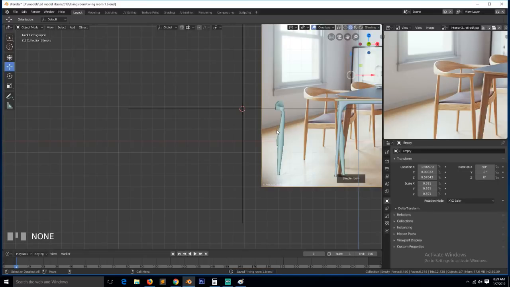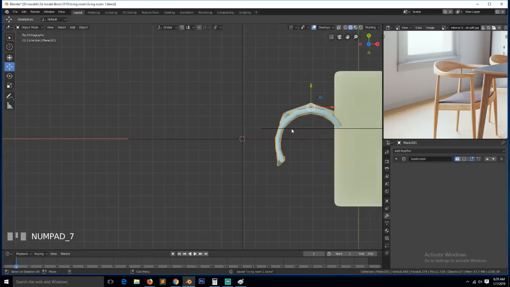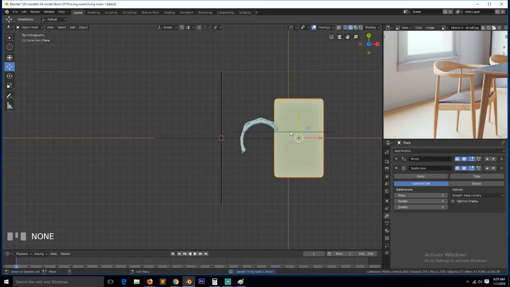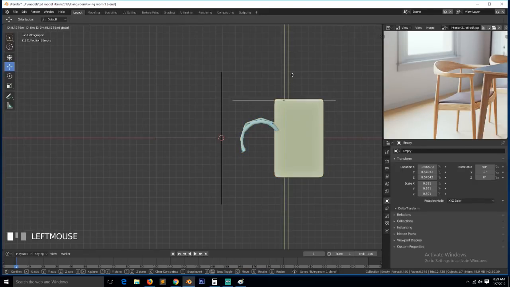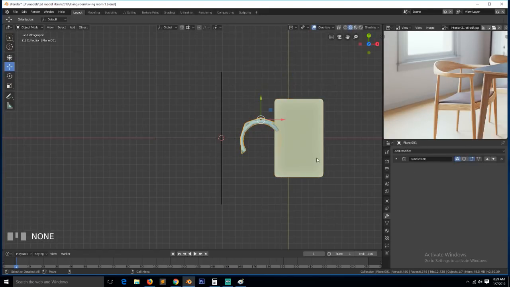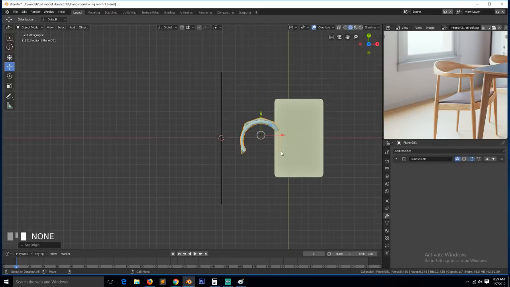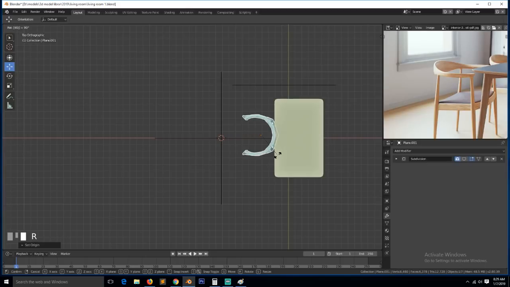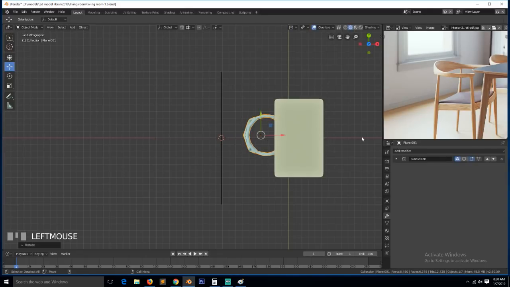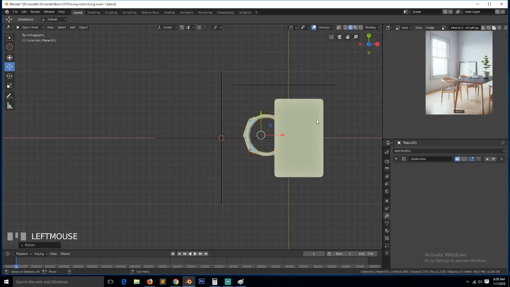This is getting difficult. I don't think it is. Most of the steps I've done so far are just repeating and correcting a few things, but you just have to practice it a few times, and you will get it right. So let's see, origin to geometry, yeah. Set this 90 degrees. So we have,